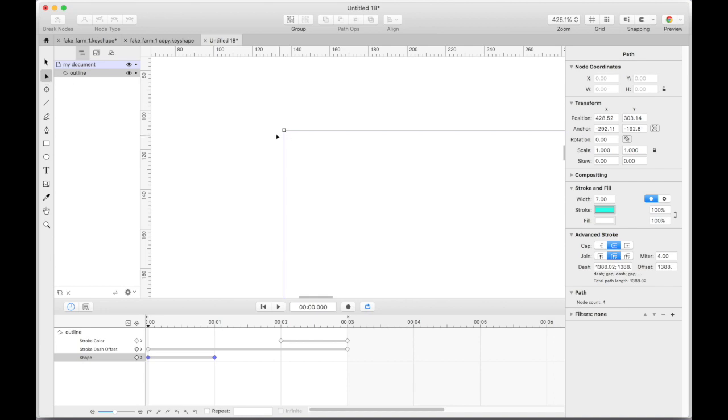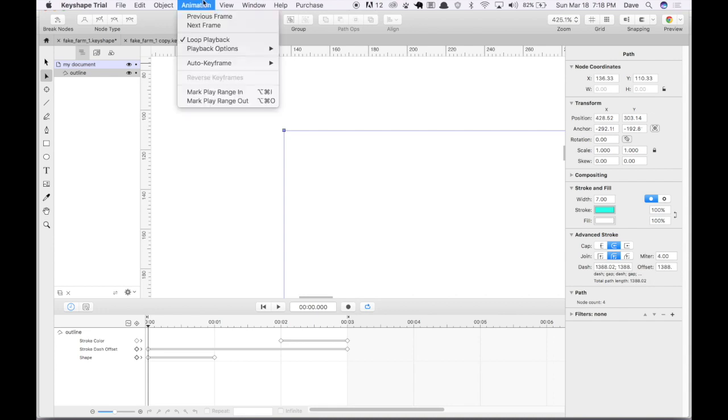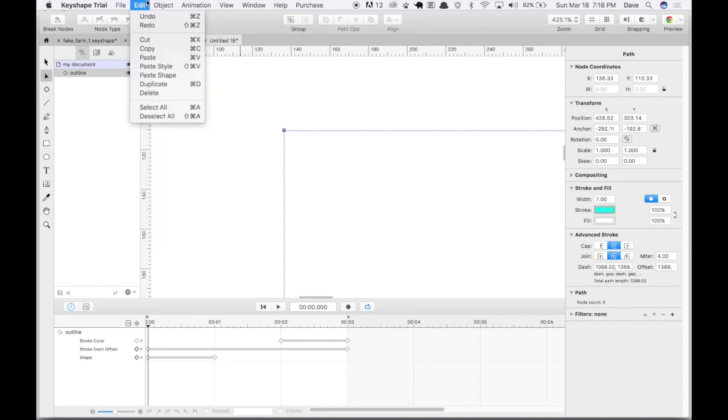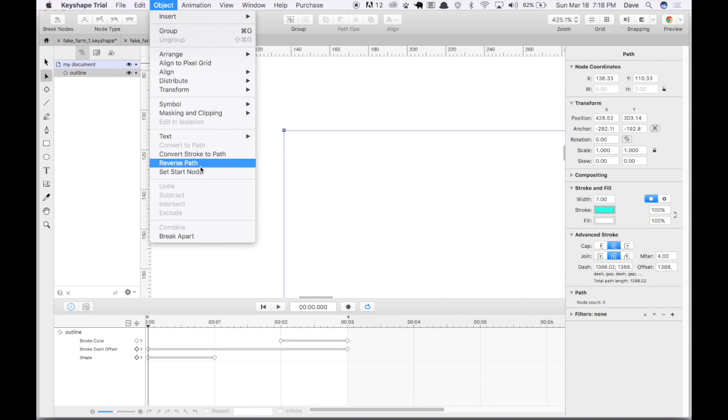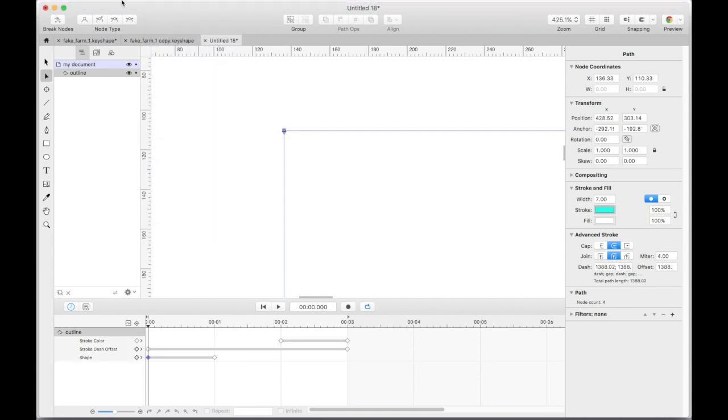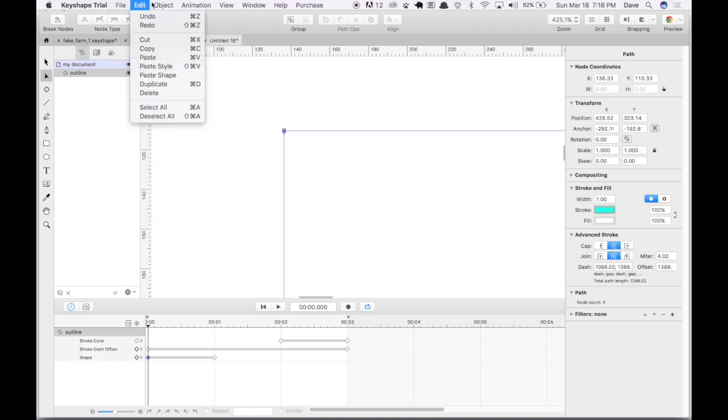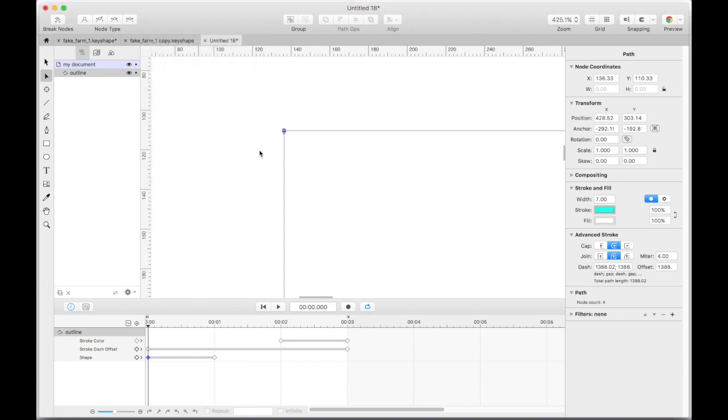So I'm going to click here, click that. Oops. Yep, I'm going to highlight that one. And I'm going to set start node, and it's pointing down, and I'm going to do object reverse path.